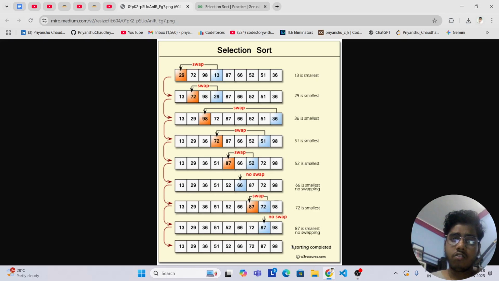So the main logic of this selection sort was to find the minimum and swap. The main logic was to start the I pointer from 0 and go up to the last second index, and standing at this index, starting from the inside for loop, go from the current standing index to the last index, finding the minimum element, and after finding the minimum element we just swap it. This way we can sort our entire array. So let's go for the implementation part.